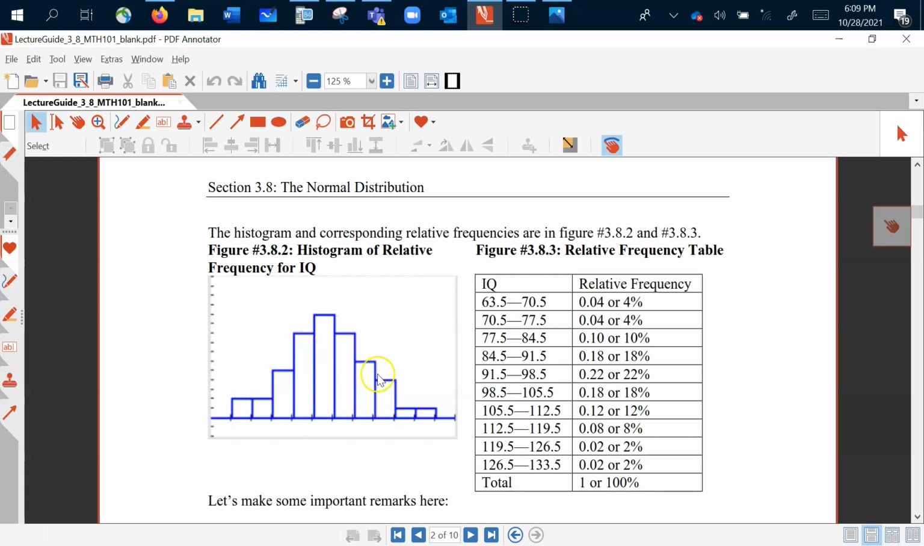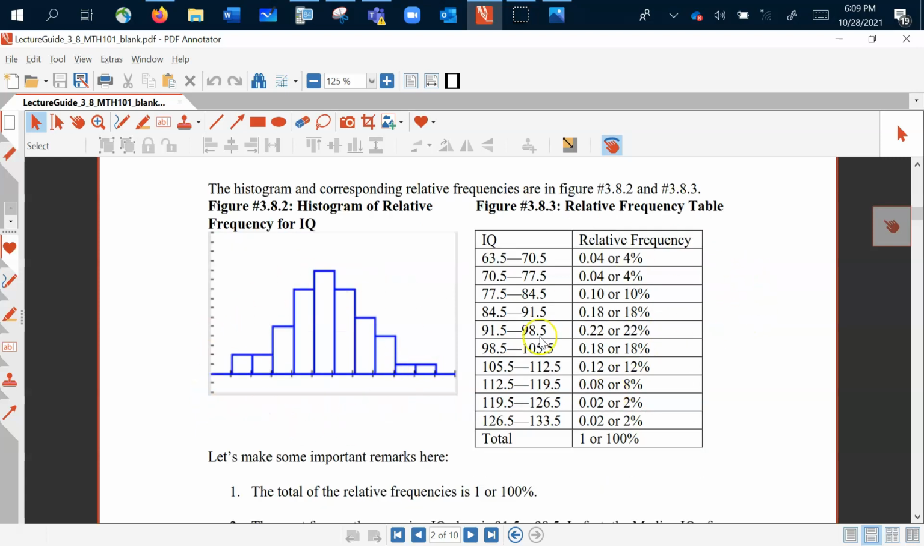So here, the relative frequencies would be 22%, 18%, 12%, 8%, 2%, and 2%. And on the left-hand side of the peak, 18%, 10%, 4%, and 4%. So here, each of these tick marks on the vertical axis would represent 2 percentage points. So notice I've got the relative frequency table, but more intuitive is the histogram representing this relative frequency table. And if you look at this histogram, it's got the classic bell-shaped